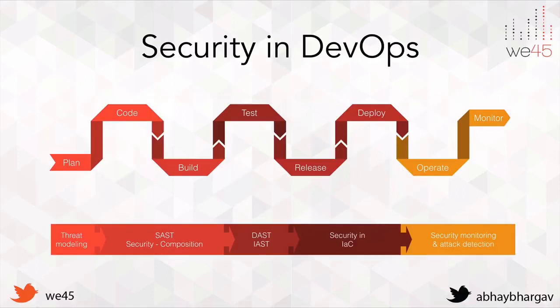So if you look at security in DevOps, this is what I'm talking about, right? This is a slightly high-level perspective of security in DevOps. On top, you would see the DevOps pipeline, which is not very different from a lot of application delivery pipelines, only that all of this is done incrementally and in sprints or in shorter bursts, right? Feature by feature, functionality by functionality, and so on. So you essentially have the plan, code, build, test, release, deploy, operate, and monitor.